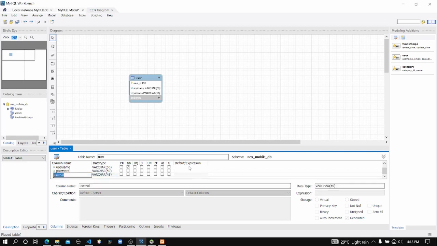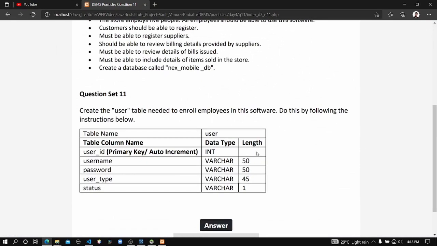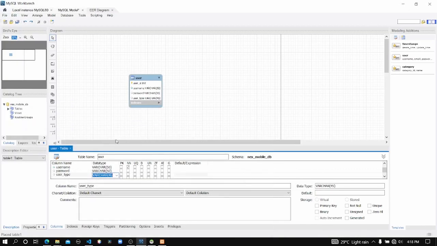It's also going to be 50 characters, and then here's the user type, and let's see what's the length of the user type. Here you can see it's 45 characters for a single cell. So I'm not going to change the character length. It's 45 by default.